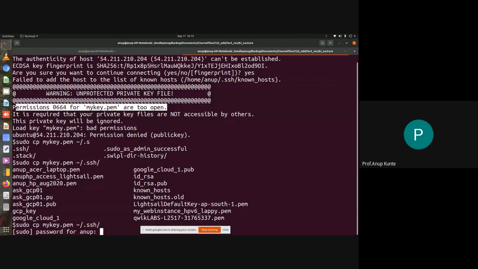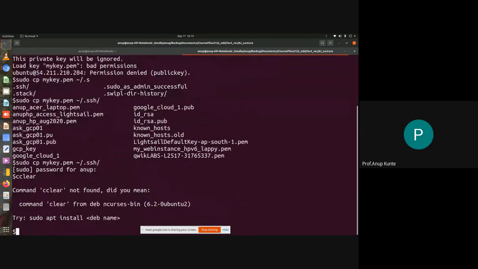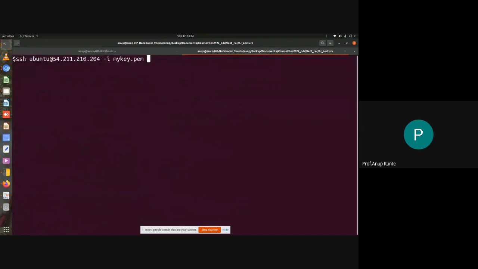Keep my key here with all the other keys that maybe I have. If I use it, it will still complain about that.